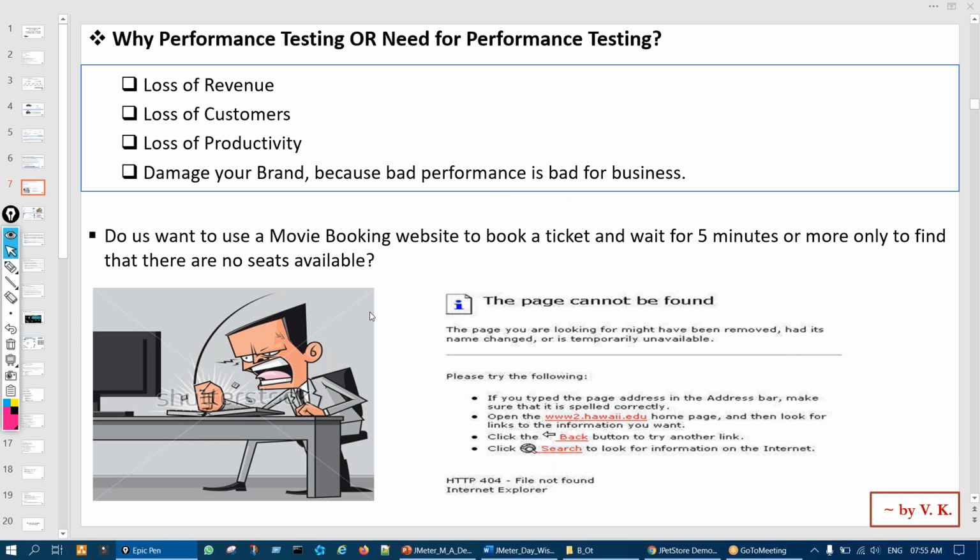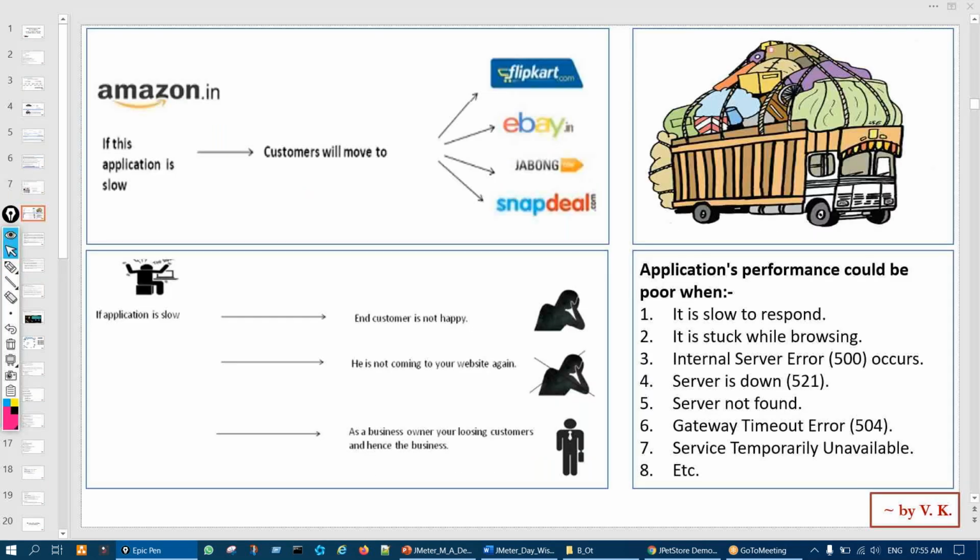In the same way, today's world is a world of competition. If the Amazon website is slow, when users browse the product pages or want to book any item, and all those activities are slow, not fast, we will not be happy.